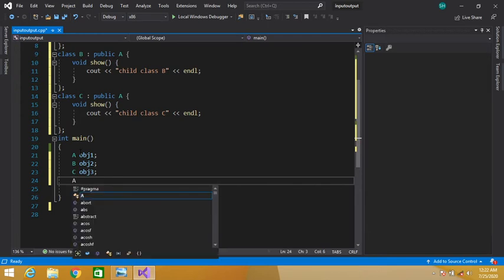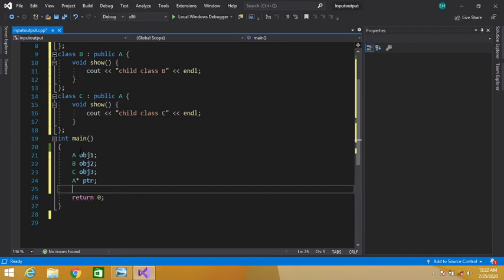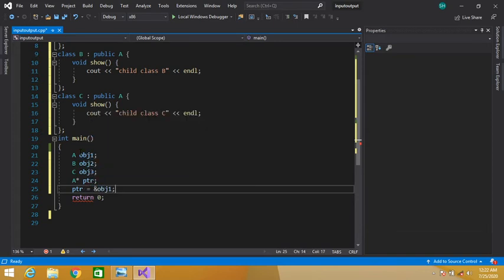Our class A, let's create a pointer, static ptr. The ptr pointer is used to hold the address. So write address operator, obj1. So now ptr contains the address of our class A object.